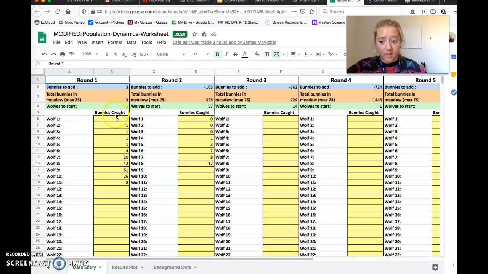So when they added 3 bunnies and 1 wolf into their meadow, 1 bunny died. The wolf ended up dying because it needs 3 bunnies to survive, but a new wolf migrated into the system and we started again. Those 2 remaining bunnies that were left lived and started to repopulate. And so here we had 2 bunnies left, then we had 4, then one of those 4 was eaten, so